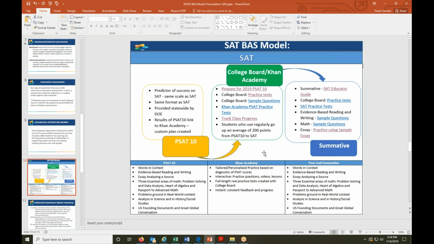So the correlation proves that PSAT 10 is definitely a predictor of success on SAT, and therefore students should be highly encouraged, and teachers are encouraged to